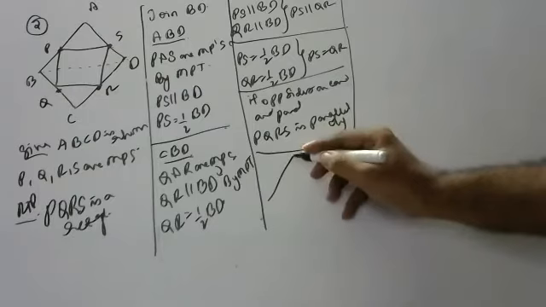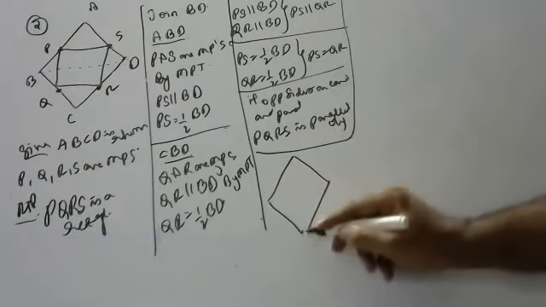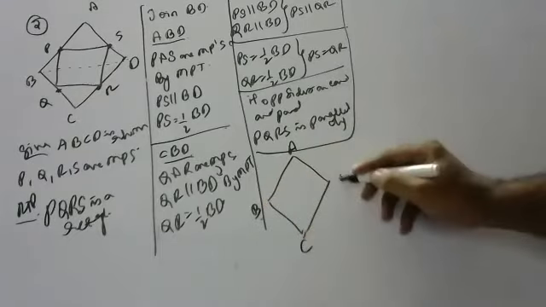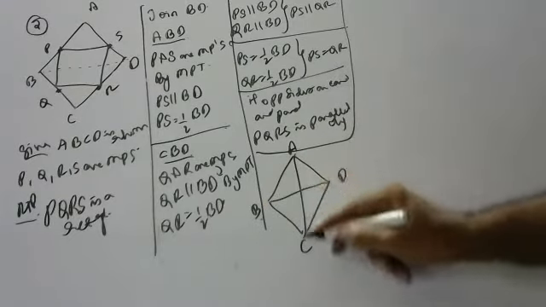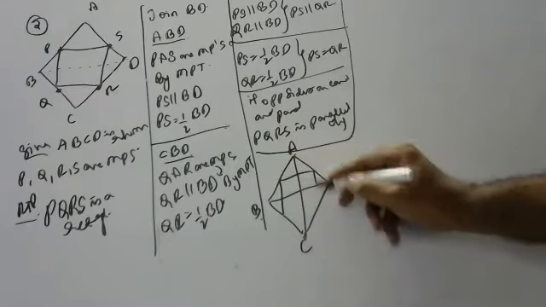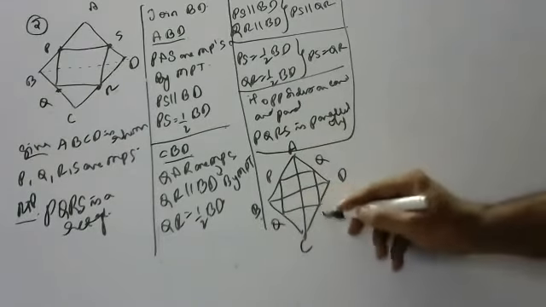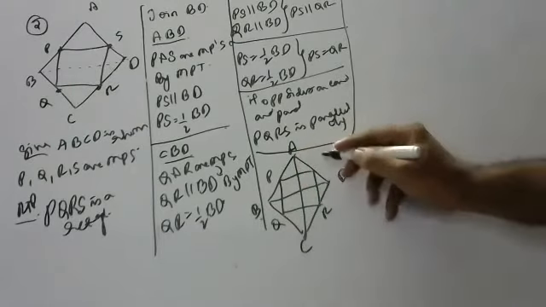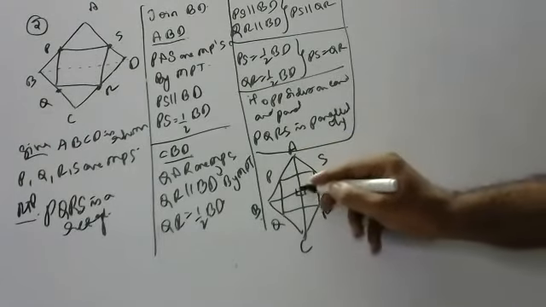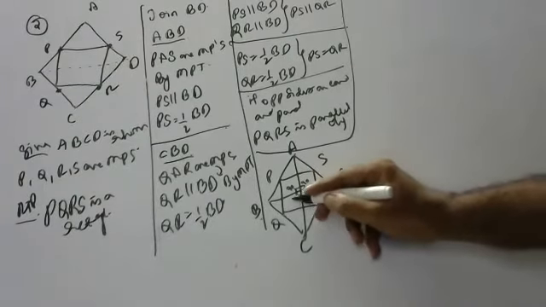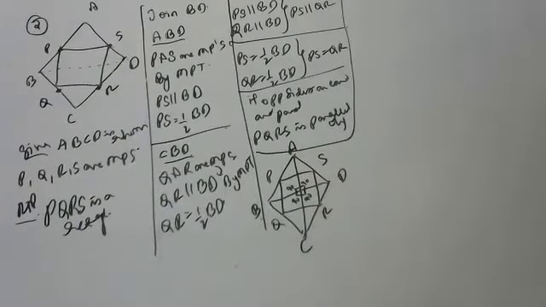Chalo. To prove rectangle, we have to prove it has 90 degrees also. So children, this is A, this is B, this is C, this is D. Try to concentrate. This is P, this is Q, this is R, this is S. Okay, children, all these are 90 degrees. Slowly I'm saying, try to understand. Very easy, children.